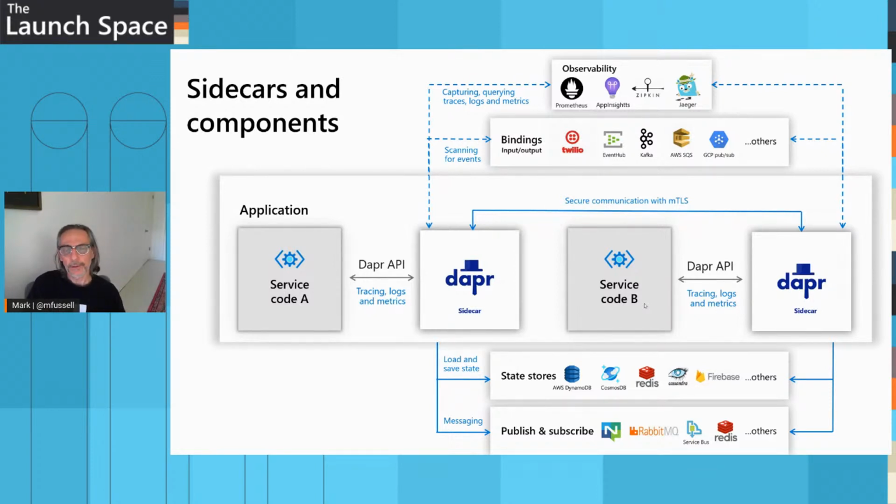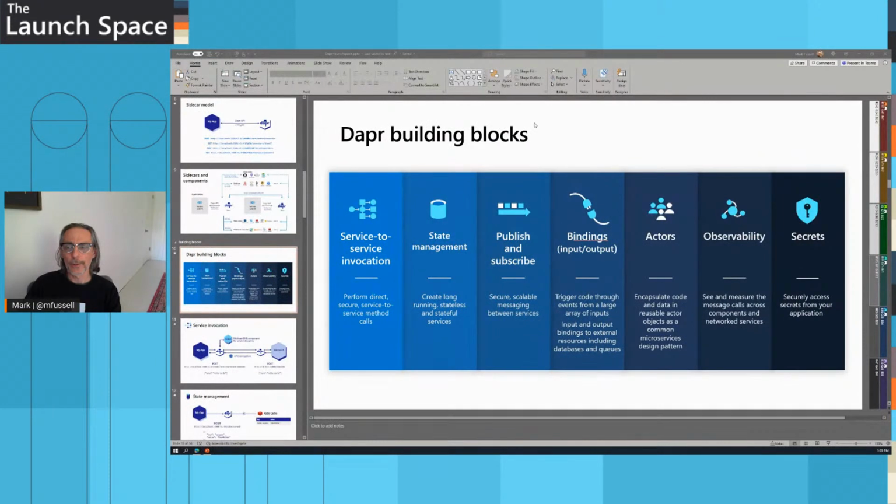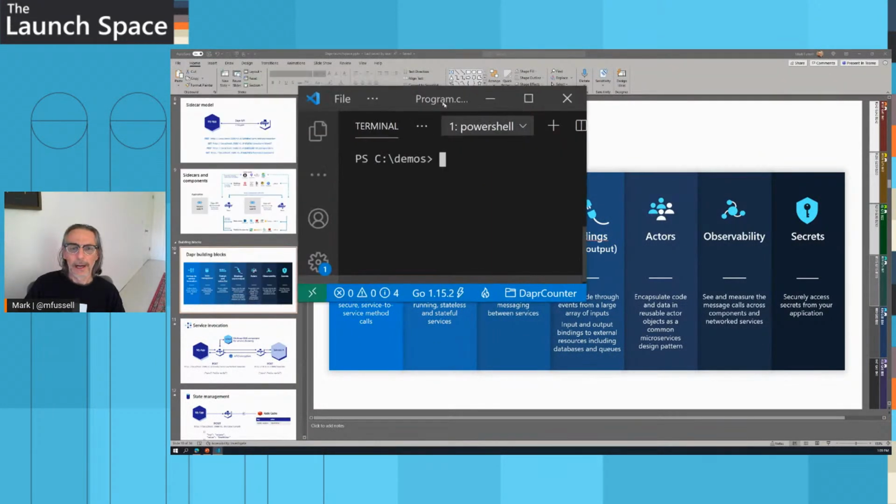So this gives you an overview of what Dapr is, the problems it solves, and how it does all the heavy lifting for you, so that you can focus on what's inside your applications, inside the microservices you're building, and let Dapr take care of all of the hard, difficult distributed systems problems. Okay, let me show you a demo then, because I think demos are a great way to get going.